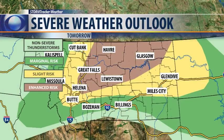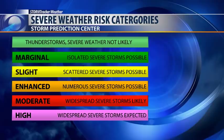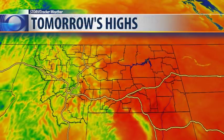And then tomorrow, actually, our severe weather risk gets a little greater. We've got even more energy out there. We're not going to talk too much about tomorrow here in this video, but keep in mind that the severe weather potential is even greater for us tomorrow, and we'll just break down those risk categories. We don't get the enhanced risk all that often, and that's what we see tomorrow, and that means numerous severe storms possible, so it's probably going to be a busy day for us